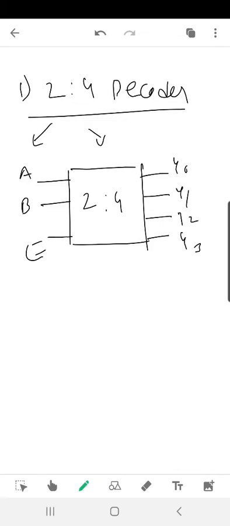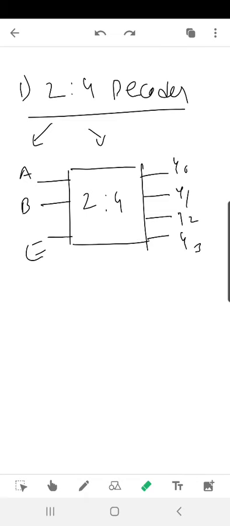How to identify the active high decoder? See, all the outputs are simple. In case of an active low decoder, we will get a bubble. This bubble represents NOT operation. If the outputs are in the form of this, with bubbles, then it will be our active low decoder. But if it is given normally without these bubbles, then our decoder is an active high decoder. Okay, so this one is our active high decoder.